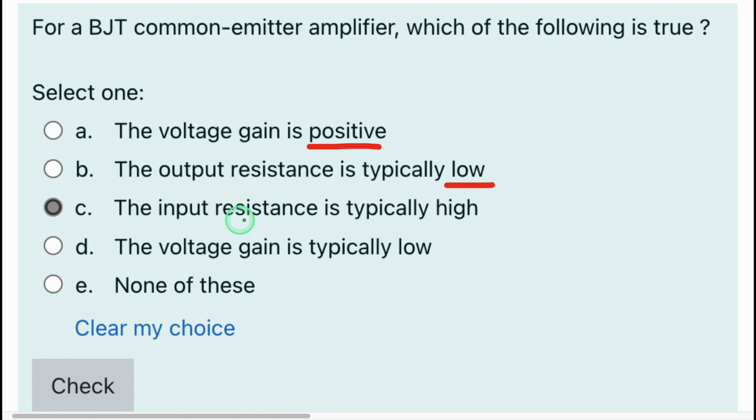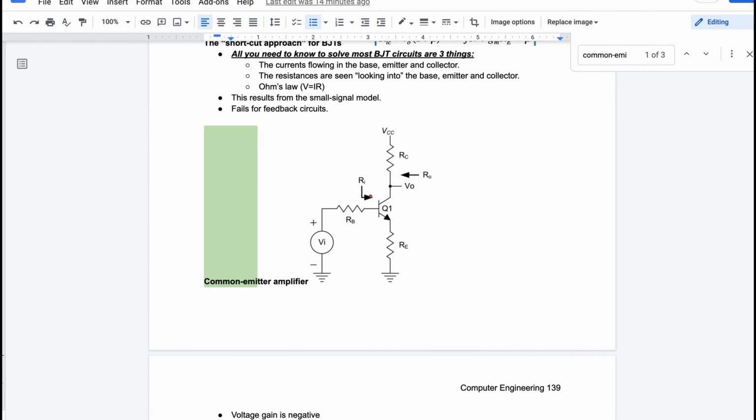Now this next one, the input resistance, like I just said, should be high as well, and C is the correct answer. But let's look at D as well. The voltage gain is typically low. Well, when we have our amplifier like this, we want to amplify the voltage gain. So typically, we're going to want this to be high. And obviously it's none of these because it is C, and that's how we would look at this problem